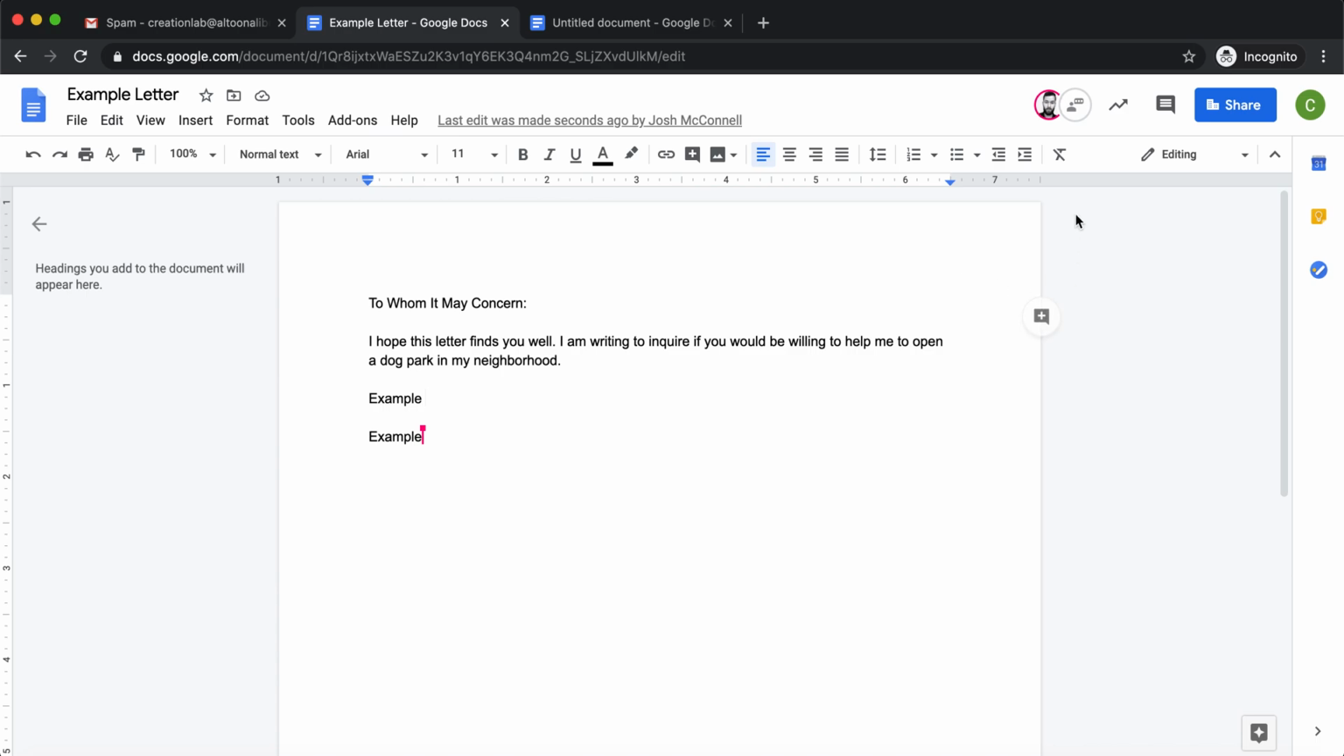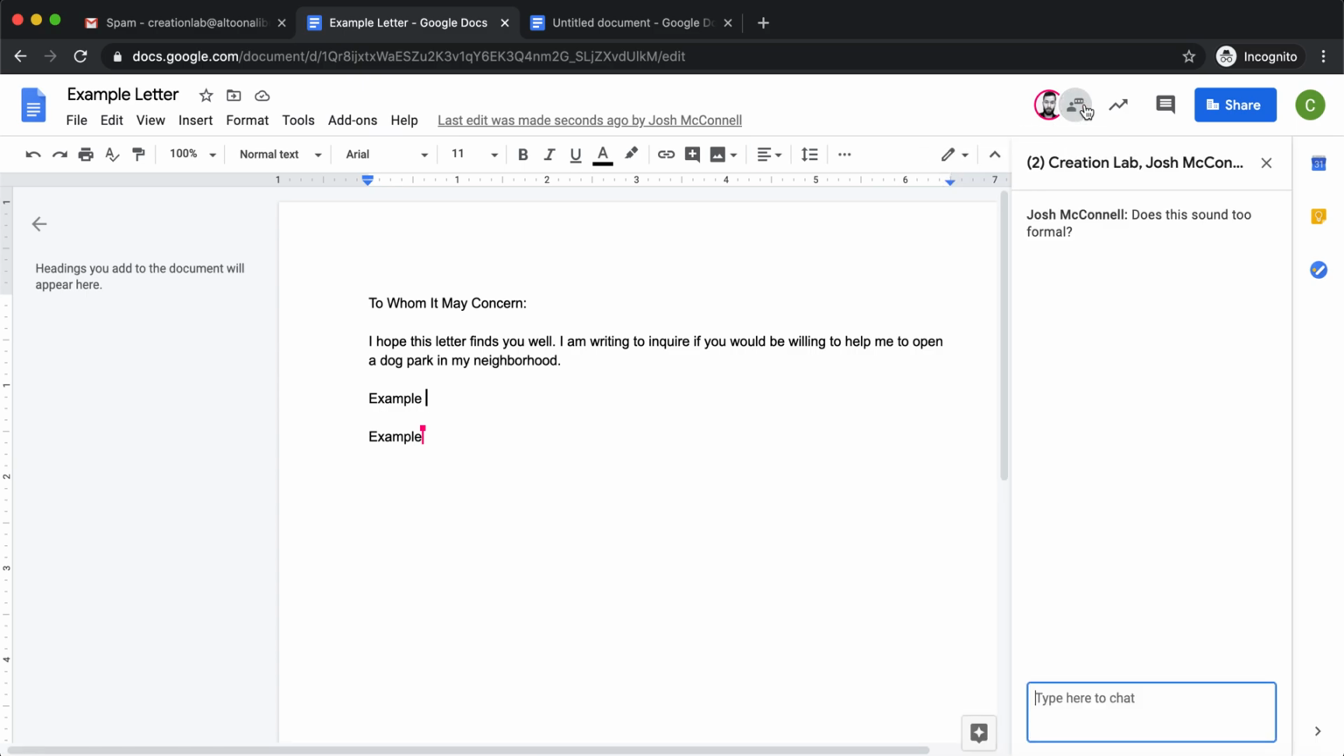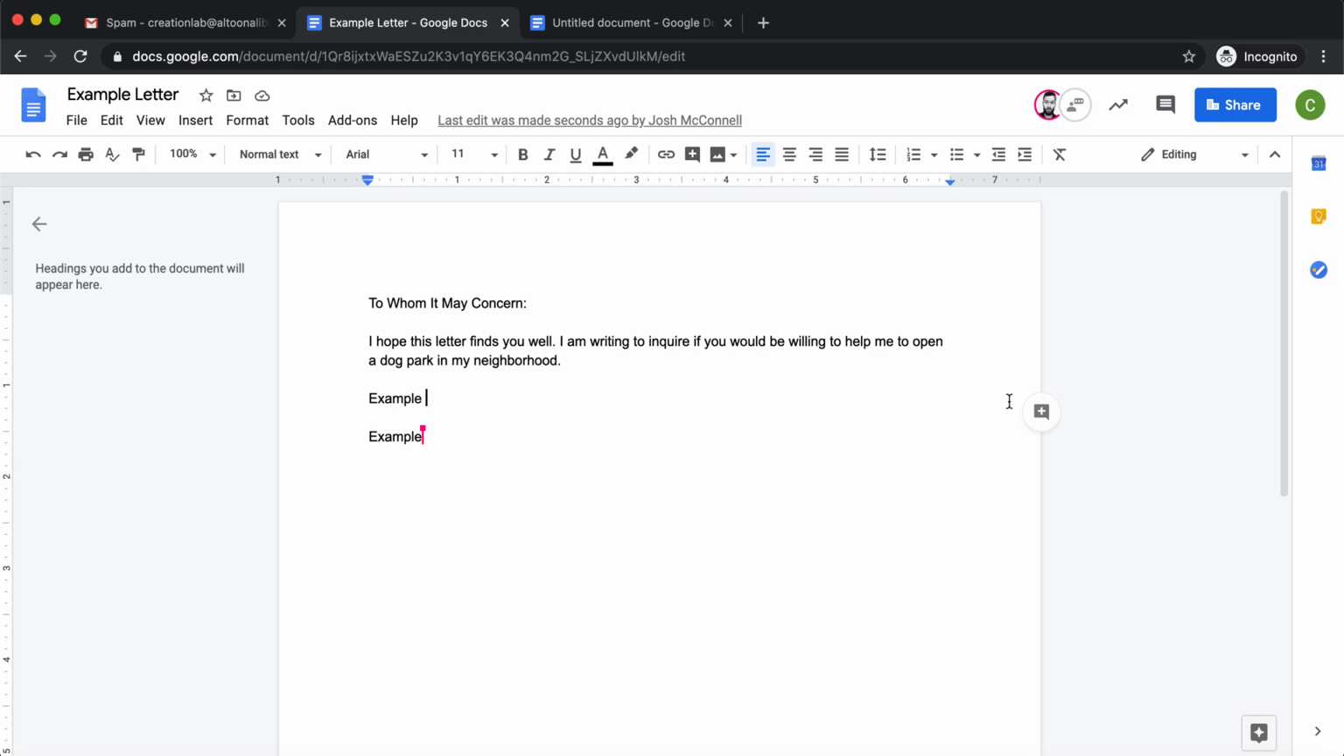You can also have discussions in the document. I just sent a message, and you'll see an alert here. You can see show chat. Does this sound too formal? And then you can have a back and forth with another person or group of people in this conversation box. Somebody can also make changes and comments